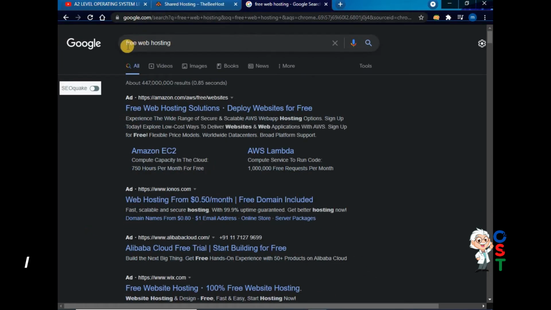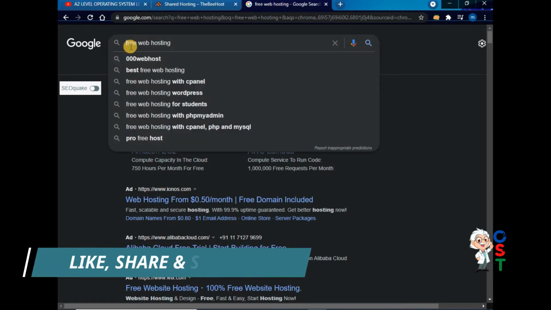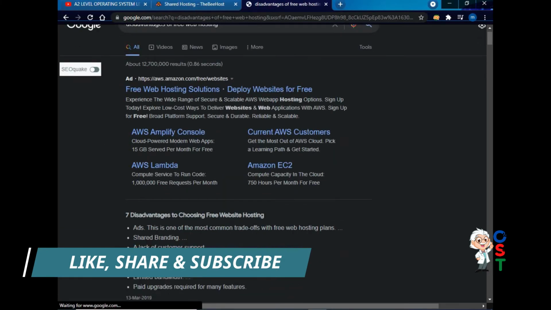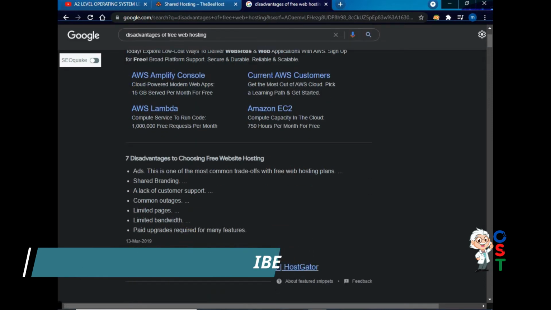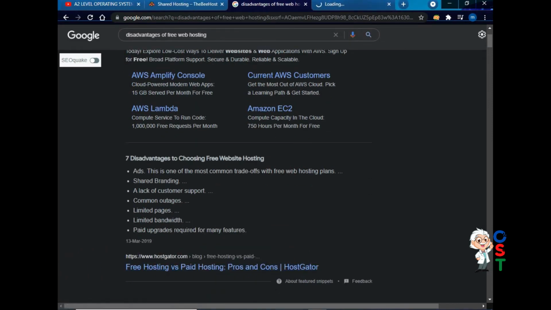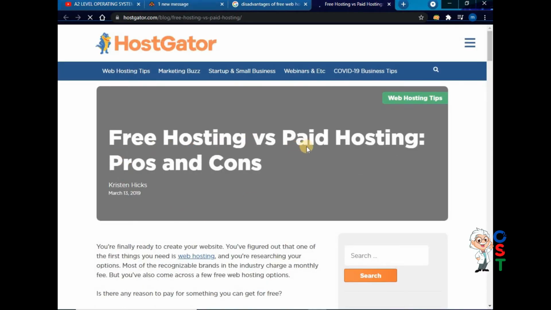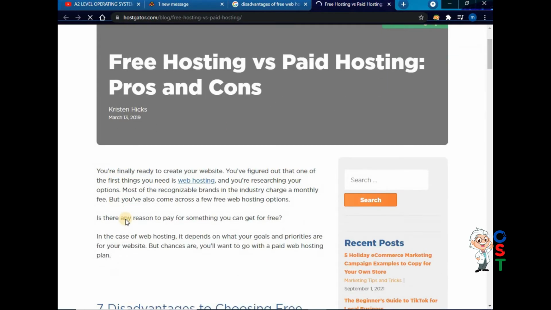And there are some disadvantages also. Let's see some disadvantages of free web hosting. Yes, let's see this article: free web hosting versus paid hosting, pros and cons.